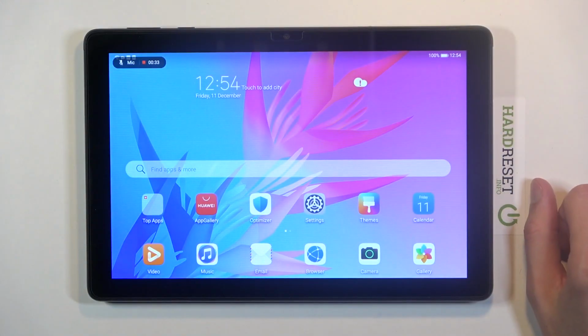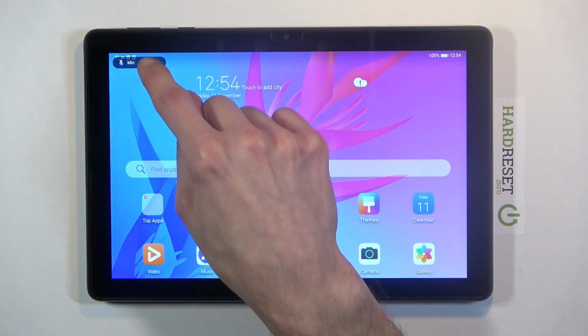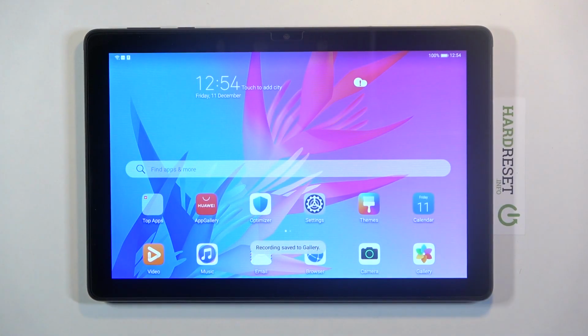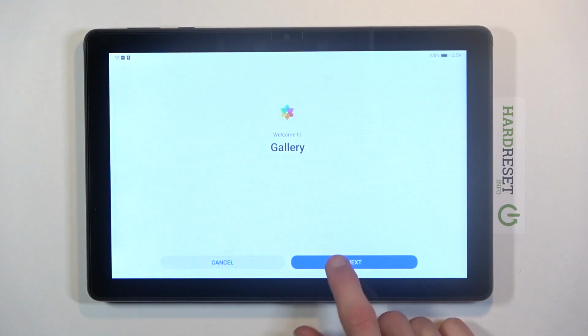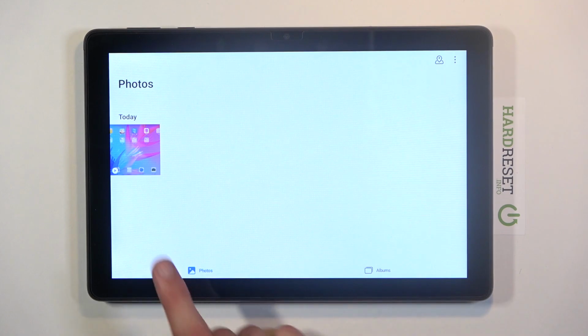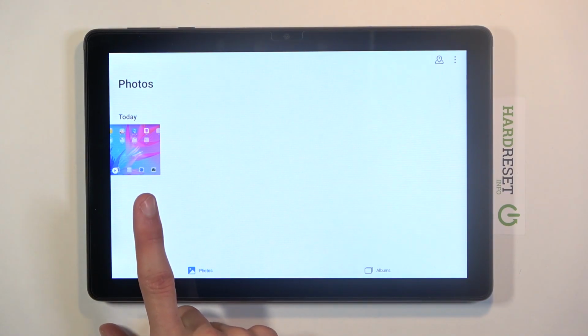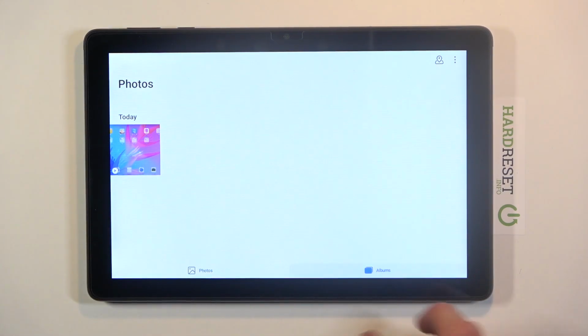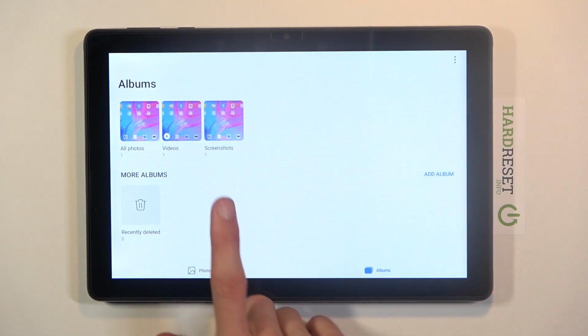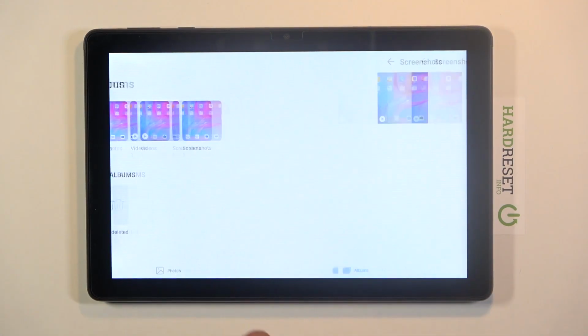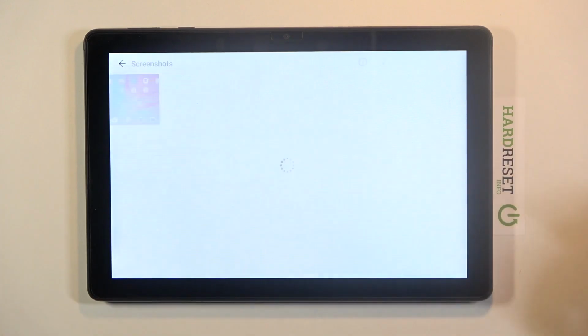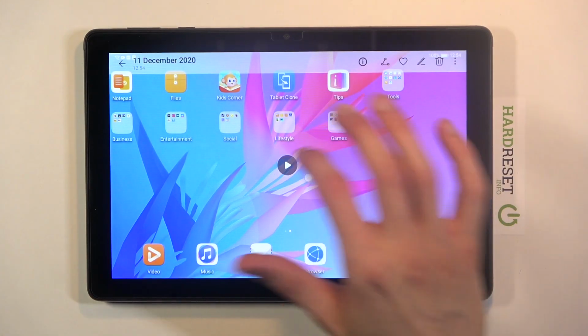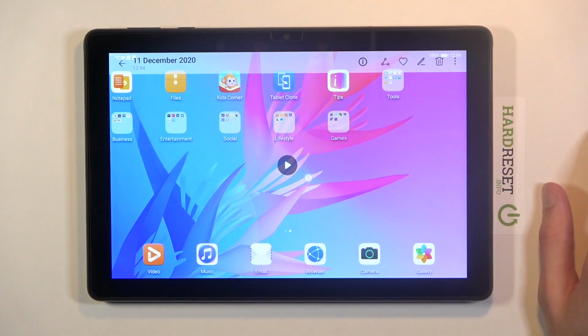And then once you're done with it, simply tap on this button right here, the red one, boom, stop it, and you can see that the recording was saved. So now we can go to our gallery right over here. Again, let's just confirm whatever it pops up with, and you should see the recording right over here. Now you can also find it in albums under screenshots right here. So whichever way you go about it, it's completely up to you, but from here you can tap on play,